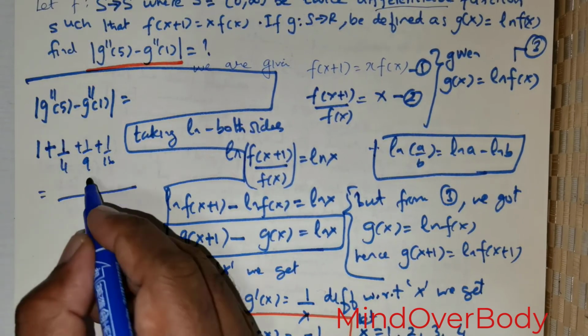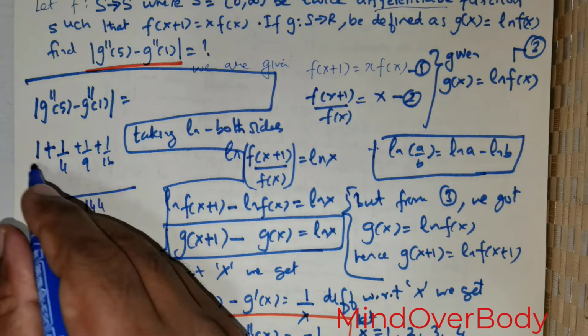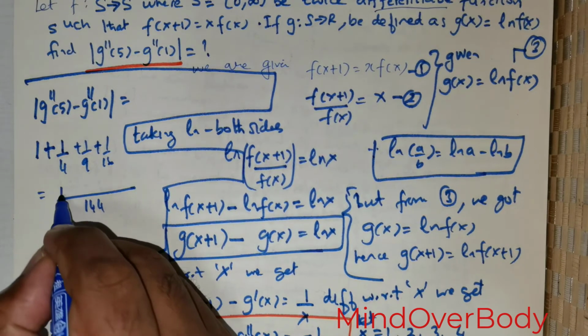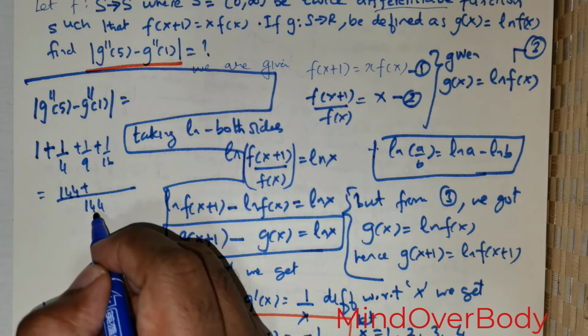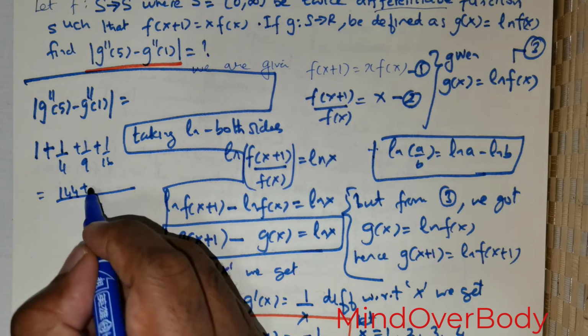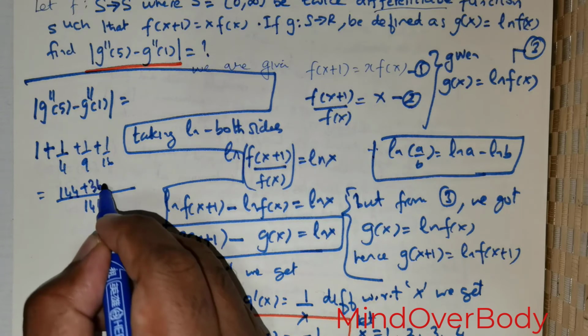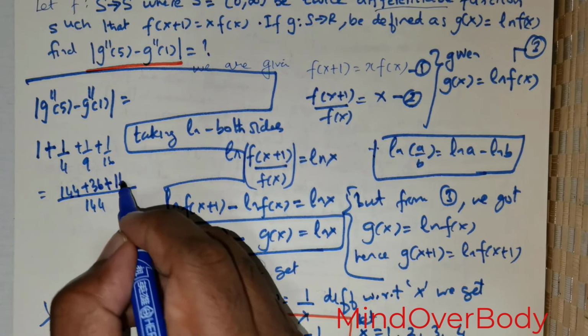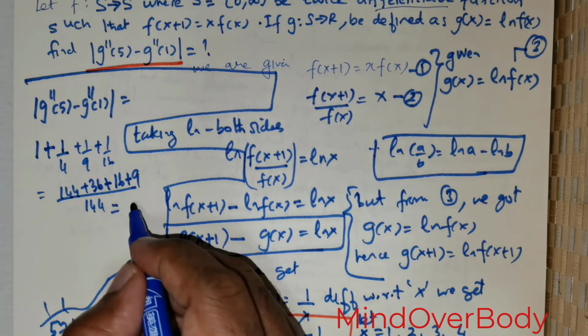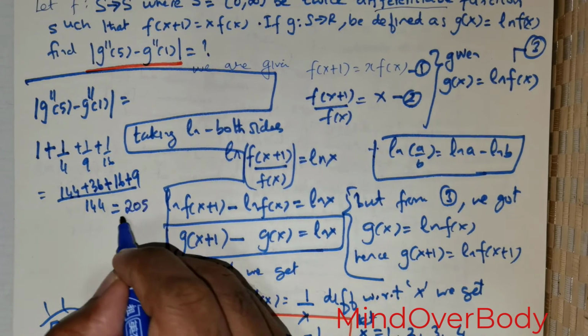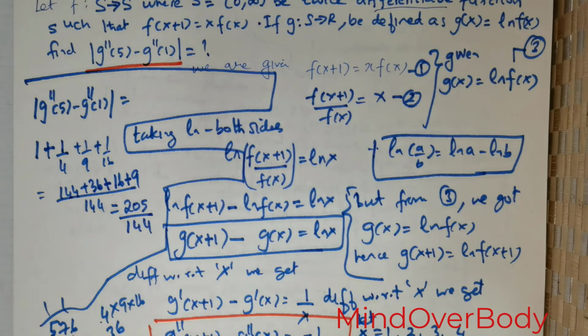Now clearly the LCM is going to be 144, and this would give me 144, and 4 divides 144 36 times, and this would give me 16 times, and this would give me 9. So if I were to add up all of these, this is going to give me 205 divided by 144,